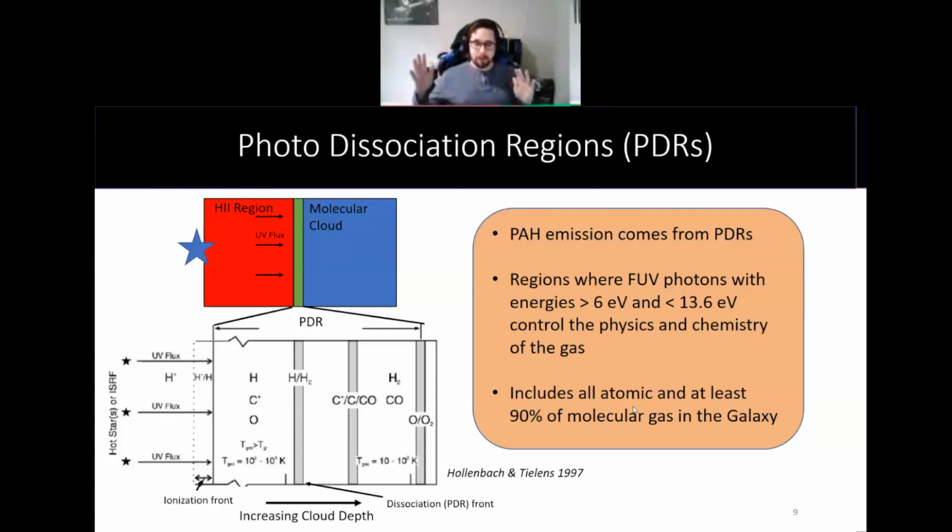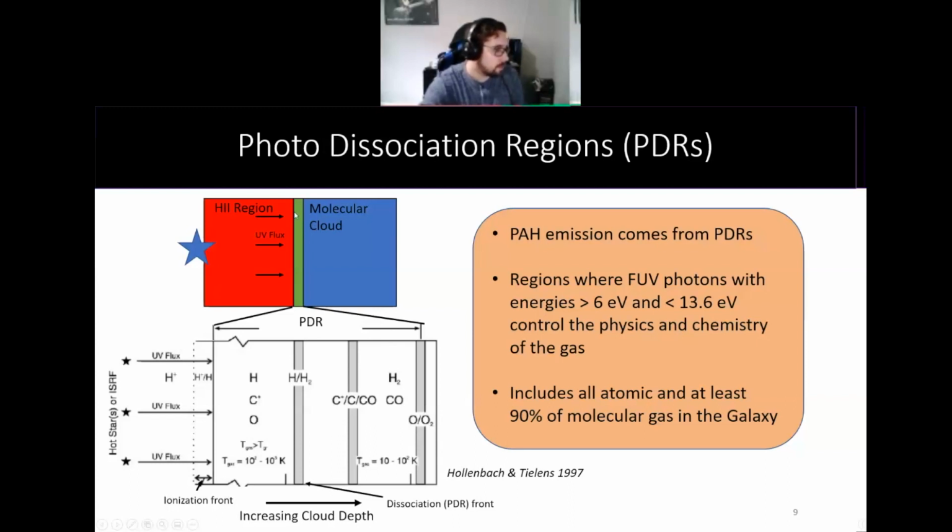This includes all the atomic and at least 90% of the molecular gas in the galaxy. And here we present a simple 1D model of a PDR. So you have a young massive star, say an O or a B-type star. They have a strong UV flux, and they're surrounded by an ionized H II region or a cavity. And this UV flux is incident on